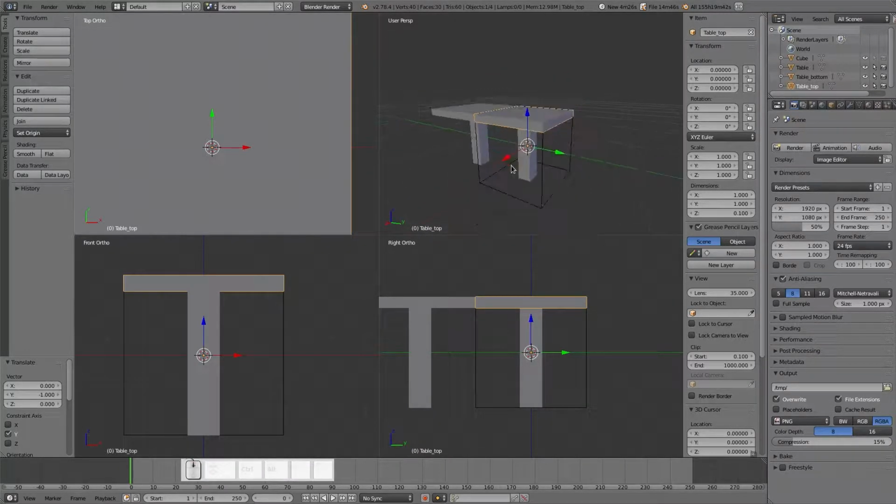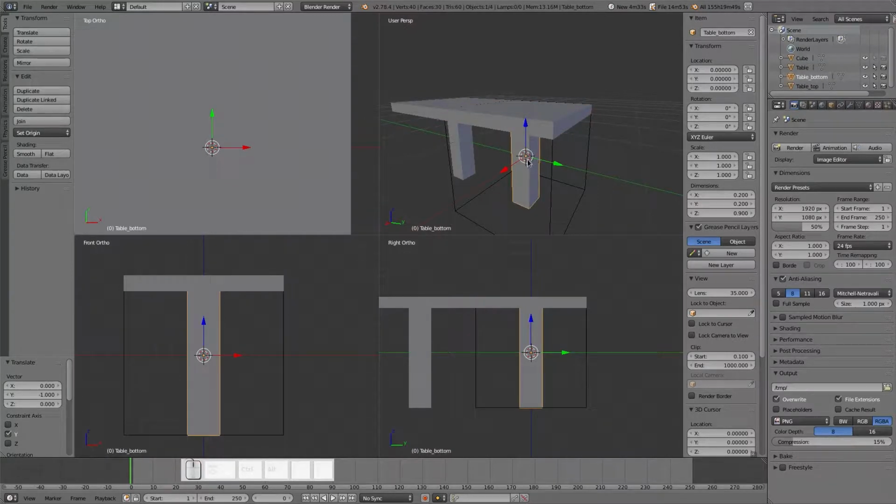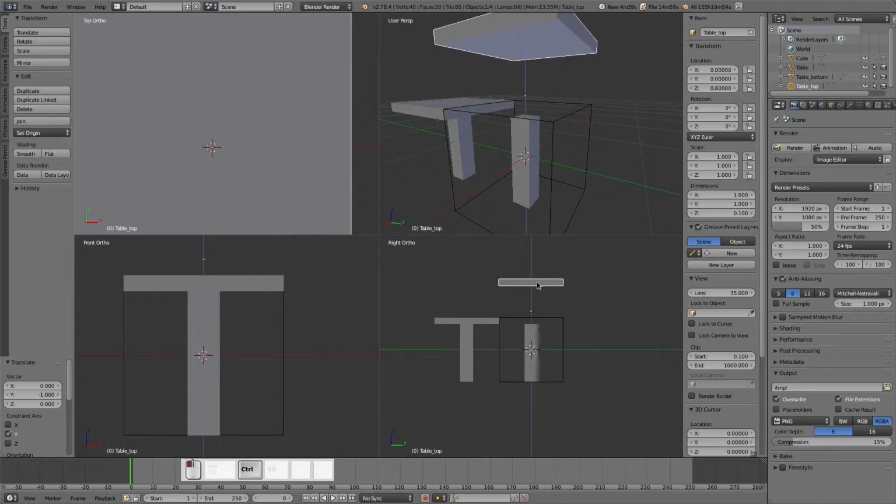Now, when we place these in the world in Minetest, we would place the bottom first, and then we would place the top. However, because of the way the engine works, what we would get,